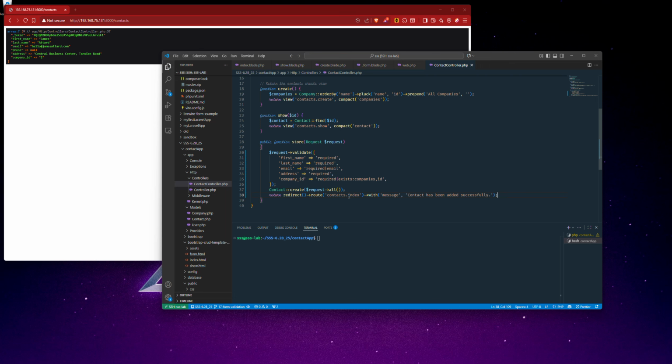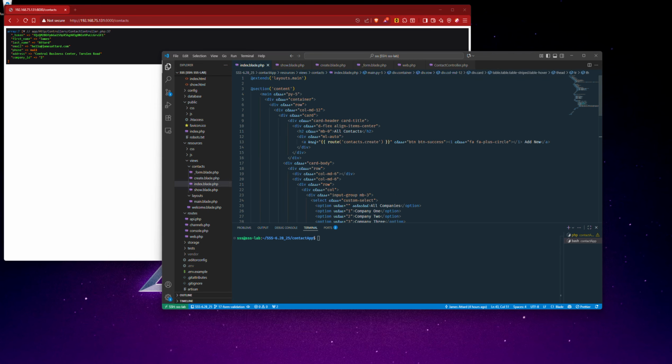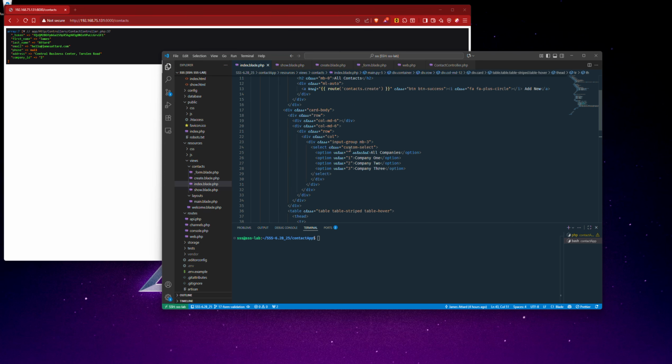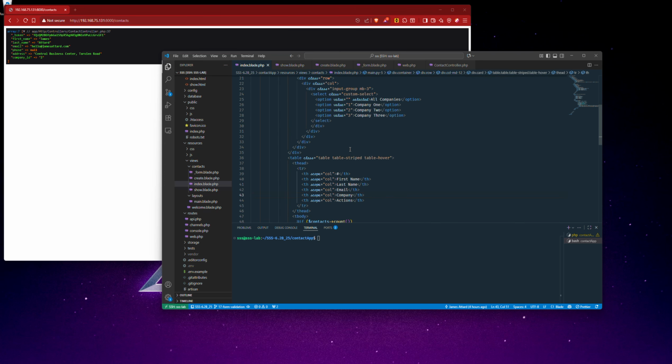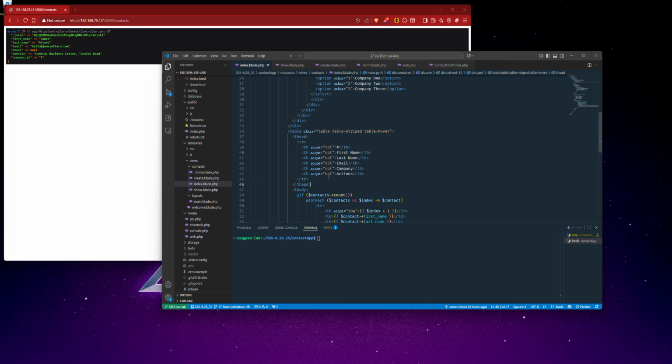Now we can actually display this particular message from inside our index view. Remember, once the contact is being created, we are redirecting the user to the index view. So let's switch to the index view, and at the very beginning of the table, specifically at the beginning of the tbody tag over here,